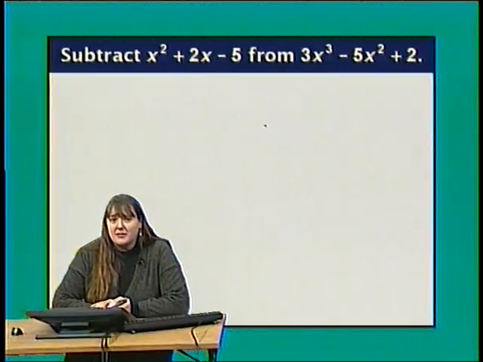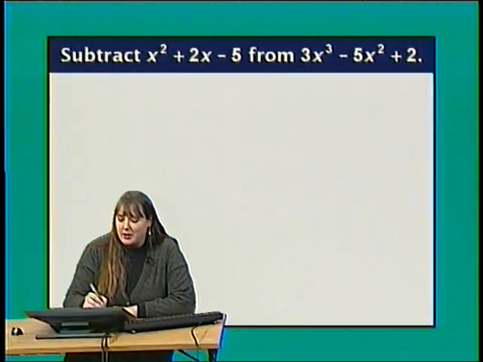Now let's subtract x squared plus 2x minus 5 from 3x cubed minus 5x squared plus 2. The trickiest part about setting up this problem is deciding which order to write our polynomials in. If I asked you to subtract 2 from 5, pretty quickly you'd probably tell me that was 3. What do you do there? 5 minus 2. So we need to start with the polynomial we're subtracting from, which is the 3x cubed